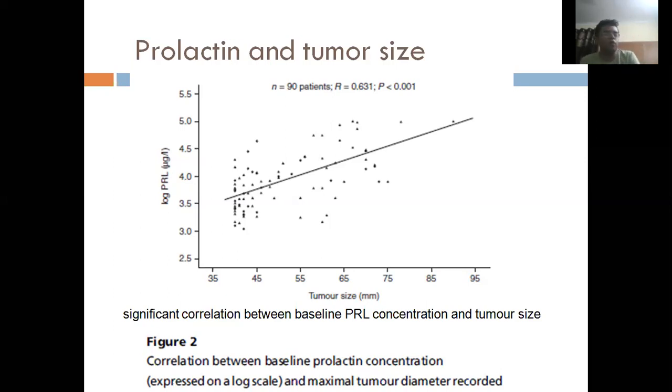That is more true for a macroprolactinoma. And if you think that the tumor is increasing, then you might go ahead and do an MRI to see the size. And in such conditions, then you might introduce the drug. But generally, it is quite safe to get pregnant, and there are no major complications, and the drug is withdrawn for the pregnancy and the lactation period. And once the lactation is over, then you reintroduce the drug to complete the course.